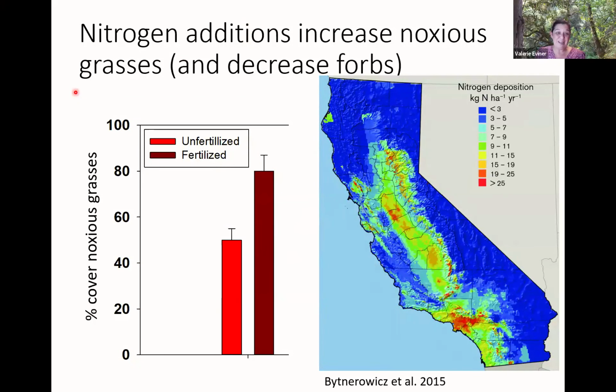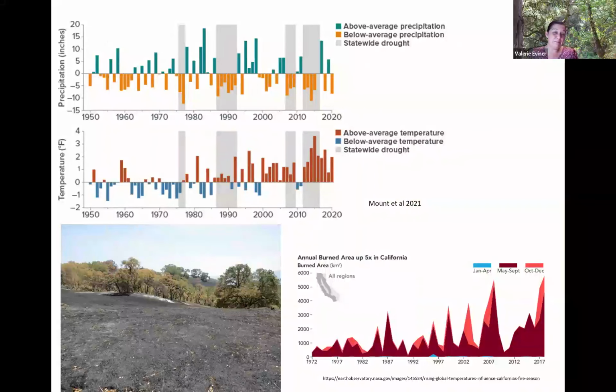Don't have to tell everybody here, we're also seeing some pretty big changes in climate. This top graph is looking at precipitation, where the middle line is average, and if we're in blue, we have higher than average precipitation. If we're in orange, we're having lower than average. And you can see we've had some wetter years and drier years over the past few decades, but particularly if you look at the graph below it in terms of temperature, we do see a very marked